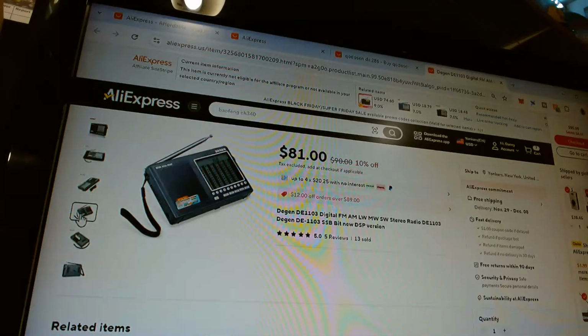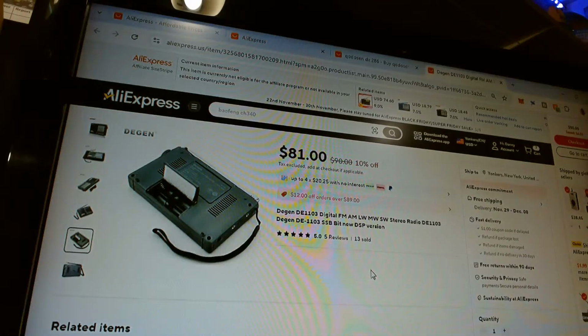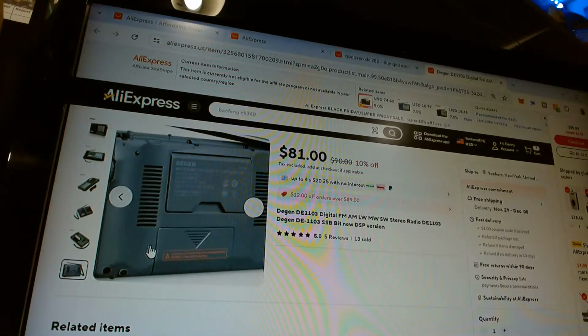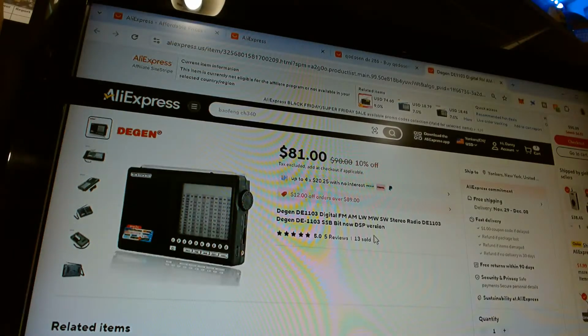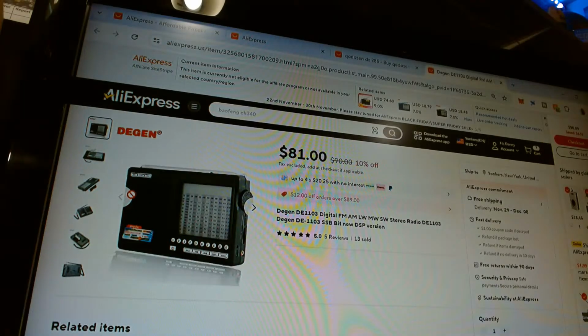However, you want the other version. What's the other version? I'm having a memory lapse right now. Not the DSP version. I was close to buying it and I lost a bid on it. Actually, I didn't lose the bid. I waited one day too late and somebody bought it.